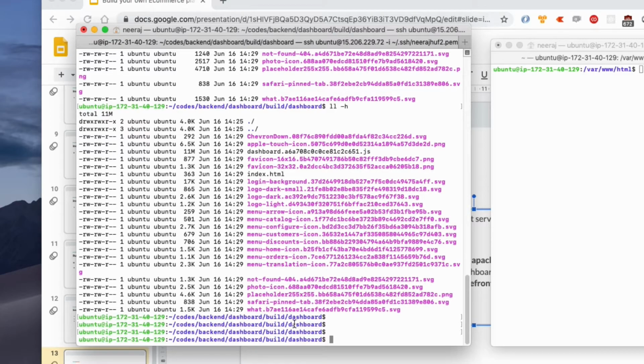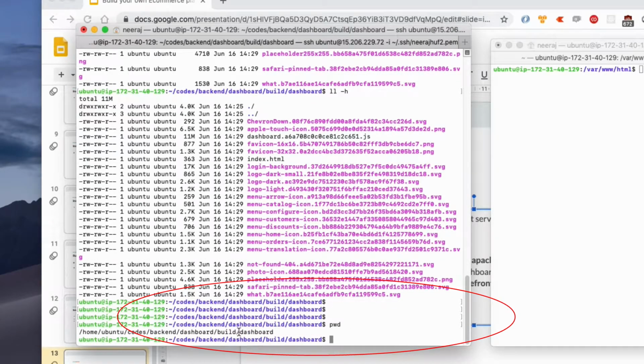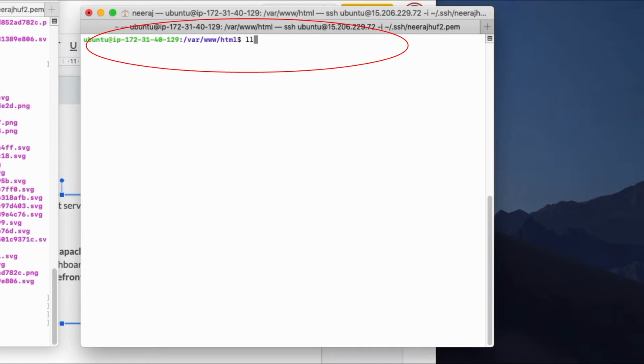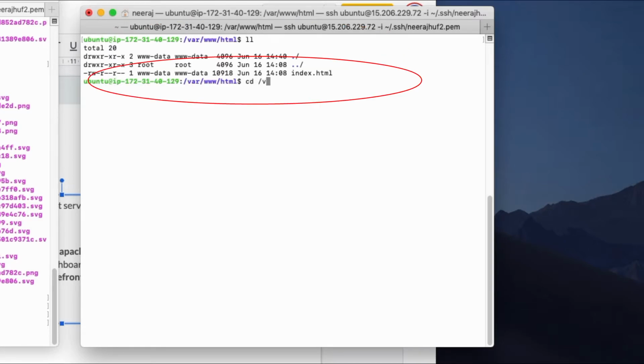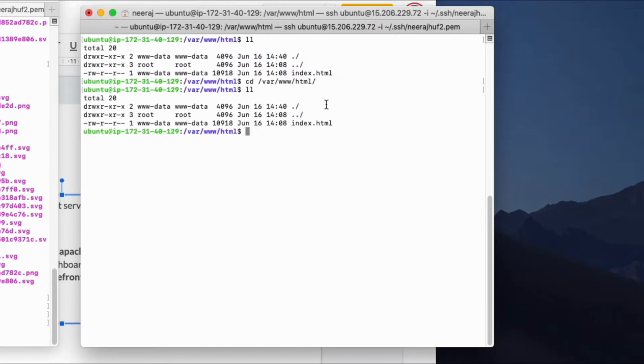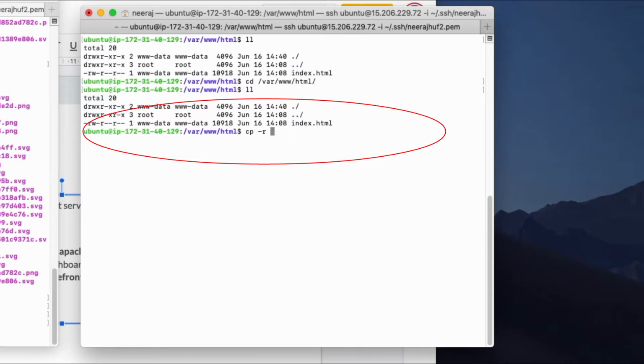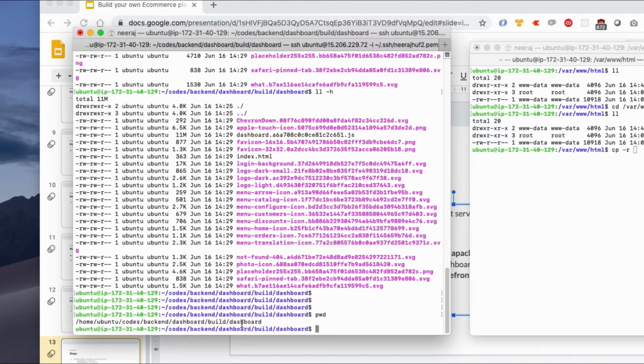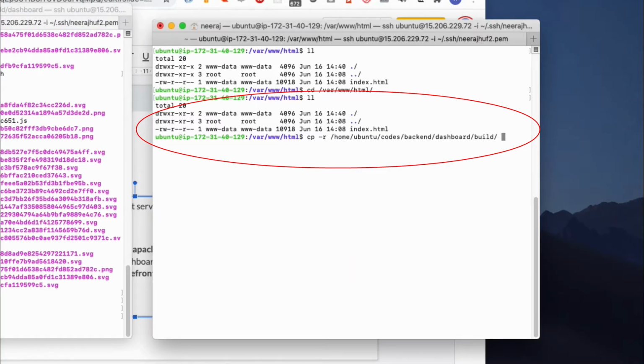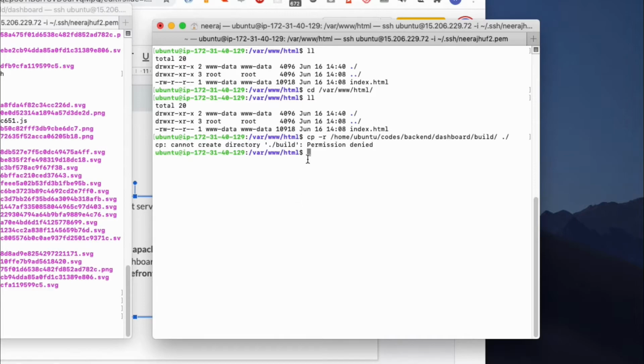But what we can do is we can simply use this in order to set up our Apache. So what I am going to do is I am going to this path here and copy this dashboard.